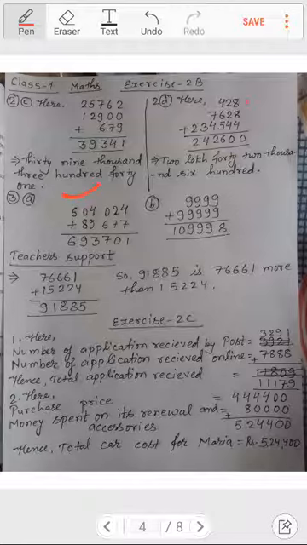If you see here 8 and 8 is 16, 16 and 4 is 20, 20, 0, carry 2, 2 and 2 is 4, 4 and 4 is 8, and 2 was carried. So 10. Now again 1 carry is there, so 4 and 1 is 5, 5 and 6 is 11, 11 and 5 is 16, 6, carry 1. So 7 and 1 is 8, 8 and 4 is 12, 2, carry 1, 3 and 1 is 4. So it becomes what?